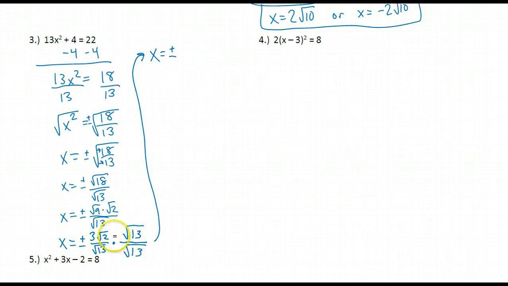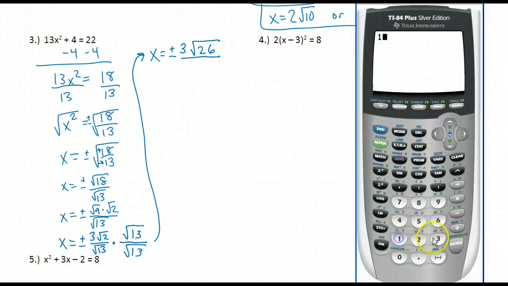To multiply fractions, I multiply straight across. 3 times the square root of 2 times the square root of 13. To multiply square roots, I can rewrite them underneath one square root symbol. 2 times 13 is 26. And the square root of 13 times the square root of 13 is going to be the square root of 13 times 13,